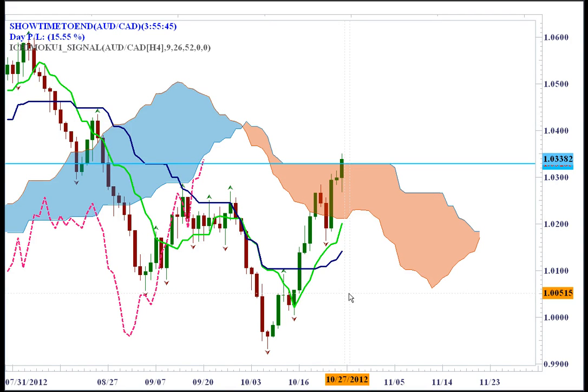This time we want to talk about two pairs. It's going to be the Aussie CAD and the US dollar CAD. Right now we are on the Aussie CAD and this is the daily time frame. And you can see we have a Kumo breakout developing. But we need to wait for this daily time frame to close to be sure that's a Kumo breakout on